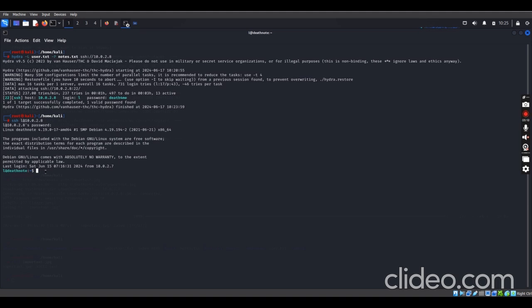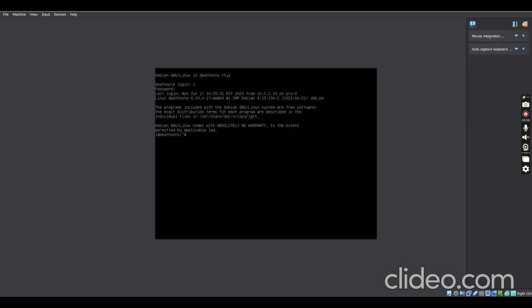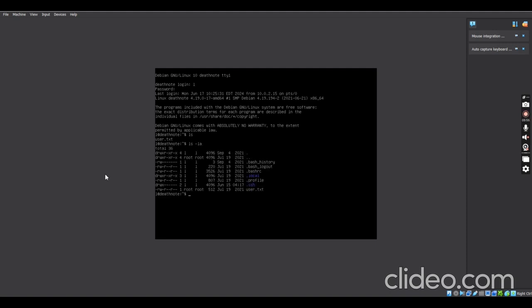If we actually log into the SSH here, let me try. What I did was try it here on the server itself. I put L and that for me, and voila, we are already logged into the server now. If I list out the directory, you will see this user.txt. If I list it like this, all files, hidden files, and visible files, we have this.